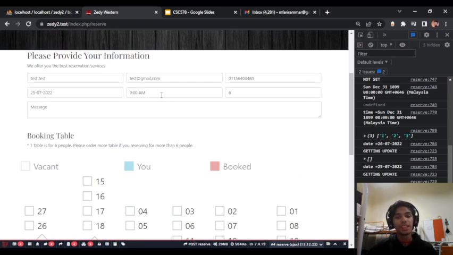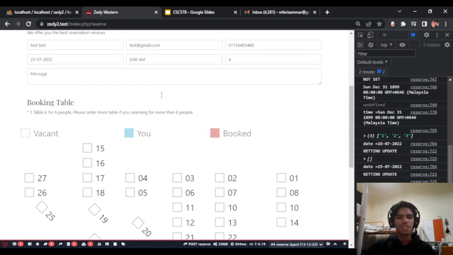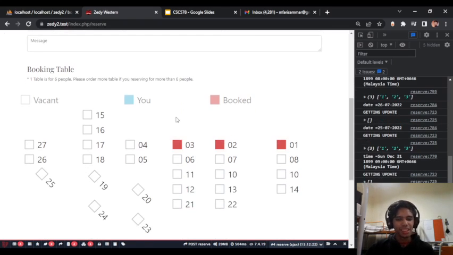So in conclusion, we already made this page responsive in terms of front end, where the user can see the booked or vacant table depending on time and date. And we also make it responsive in terms of back end, where AJAX will be responsible for receiving queries from the database. Alright, so I will just demonstrate what happens if the user